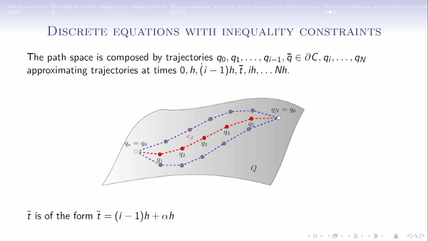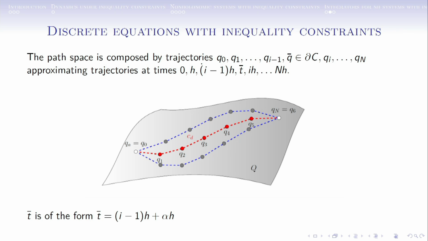I will consider that an impact occurs. So this q bar is some point in the sequence that hits the boundary of our inequality constraint. And then I will have a sequence of times that represent the times at which the continuous trajectory gets to q sub 0, q sub 1. So basically, q sub 0 approximates the trajectory at time 0, q sub 1 approximates the trajectory at time h, q sub I minus 1 approximates the continuous trajectory at I minus 1 times h, and then I have a